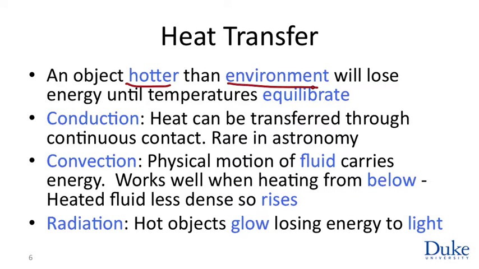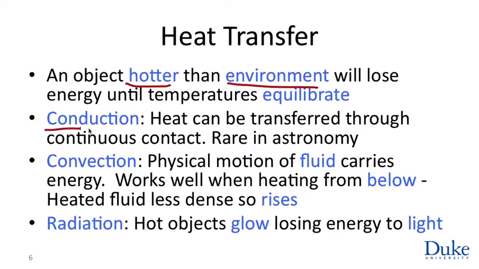But so long as you have warm sun in cold space, the sun will continue to lose heat to space, and until such time as either space heats up or the sun cools down, this process will continue. There will be a constant flux of energy out of the sun into space. And there are several ways by which this transfer of heat from a hotter to a cooler body can occur.